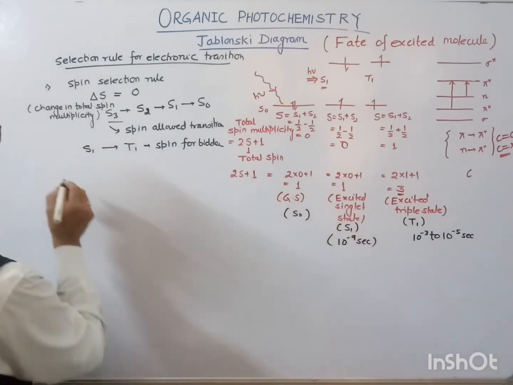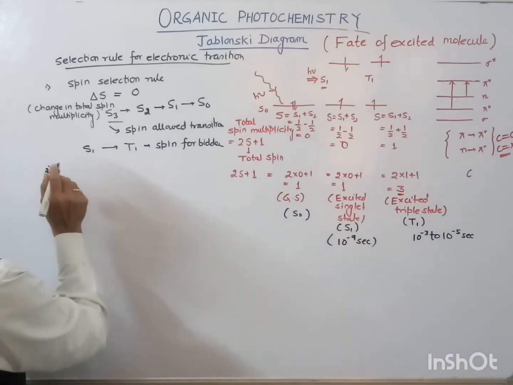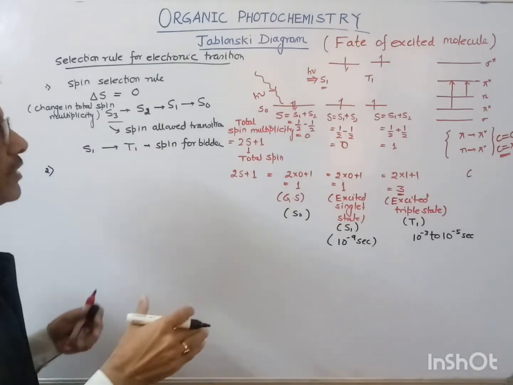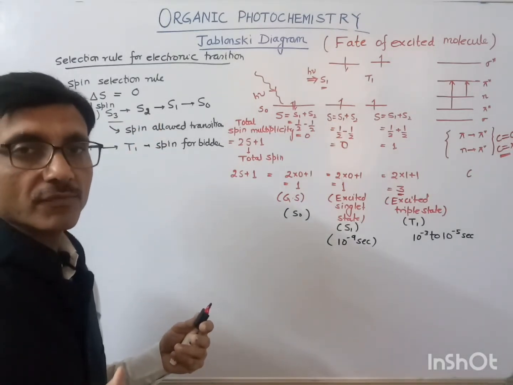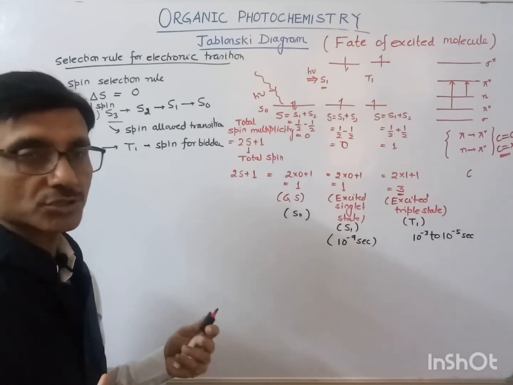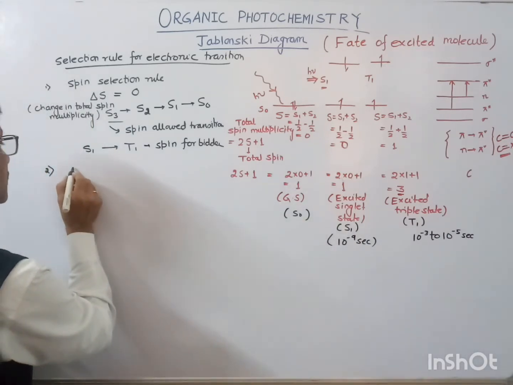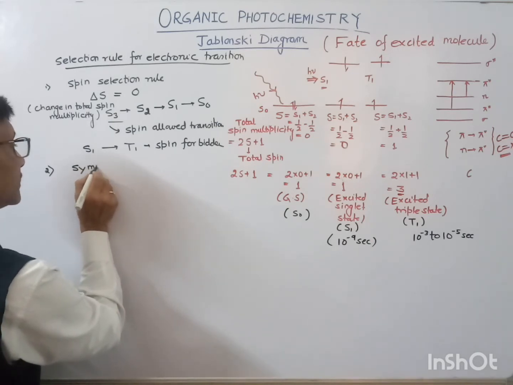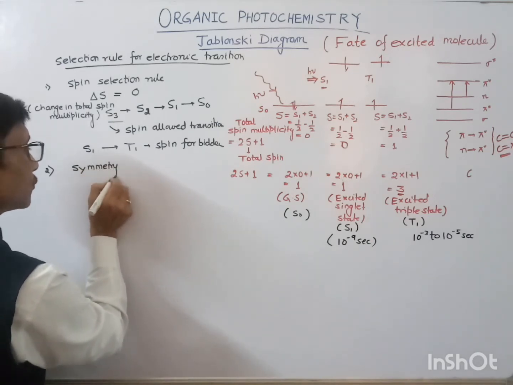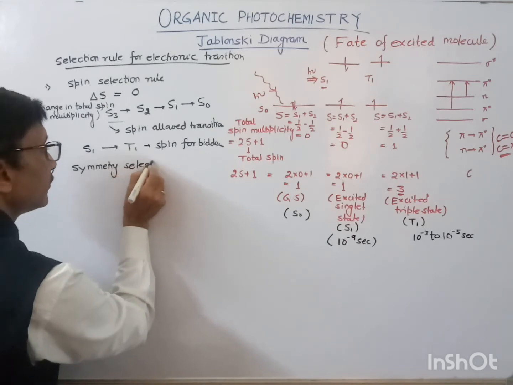Okay, next is the selection rules. The first selection rule, the spin selection rule: transitions are only possible when the spin multiplicity does not change. Another one is the symmetry selection rule. First is the spin selection rule, another is the symmetry selection rule. So according to this symmetry selection rule,